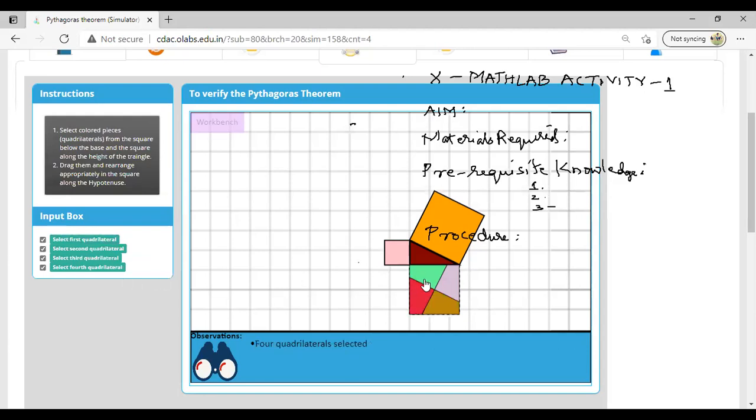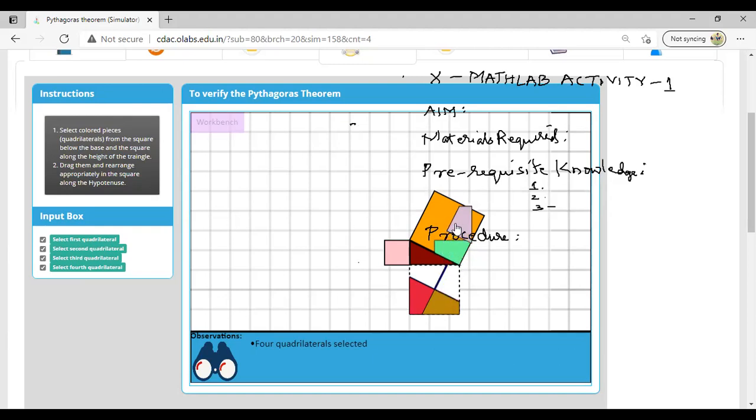We will select and drag. Now select colored pieces from the square below and height of the triangle and drag and rearrange in the square along the hypotenuse. These should be arranged here. This will be kept here,